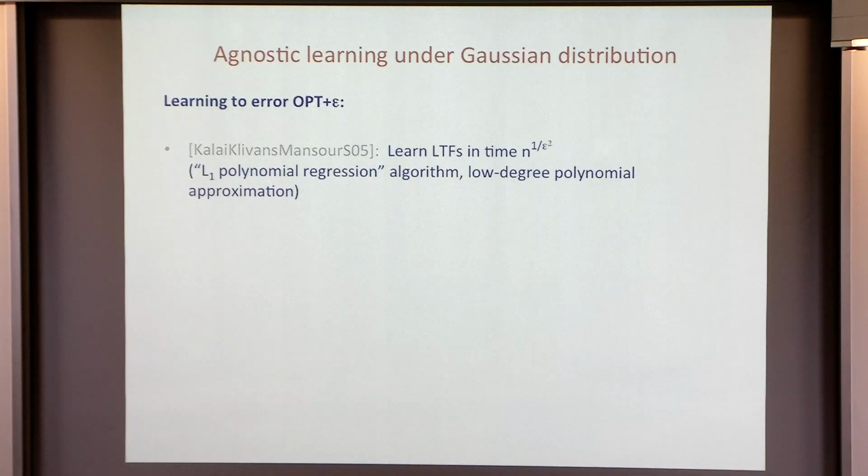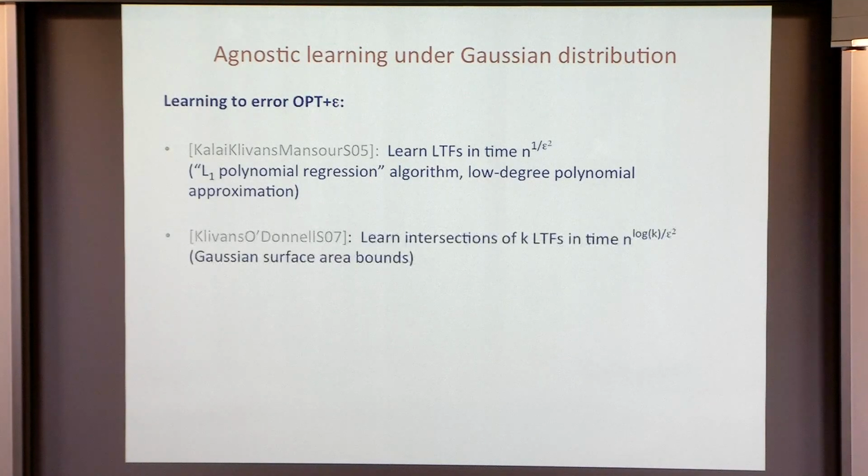So in work about 10 years ago, it was shown that one can learn linear threshold functions in something like polynomial time here. If you're willing to think of the epsilon parameter as a constant, then this is n to the 1 over epsilon squared. It's a high order polynomial, but it is some kind of polynomial time. And the technique that was introduced in this work really is at the heart of all of the agnostic results I'll tell you about. It's an L1 polynomial regression algorithm which reduces the agnostic learning problem to the problem of designing low-degree polynomial approximators. So all of the later agnostic learning results I'll tell you about were achieved by using this technique and doing complexity theoretic work of showing that these functions that I'm interested in, I can approximate in a suitable sense